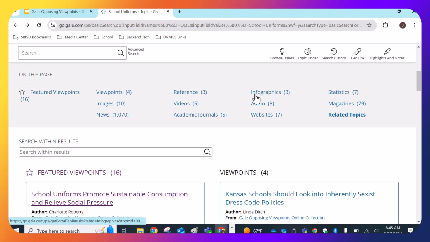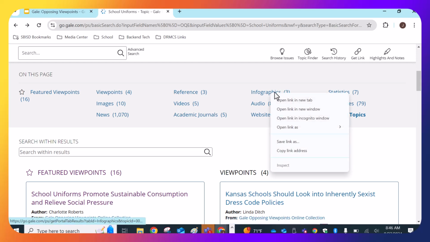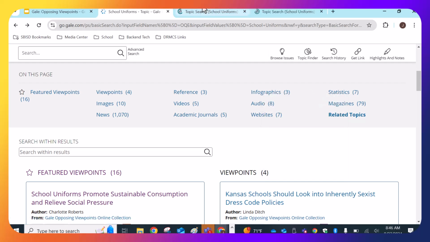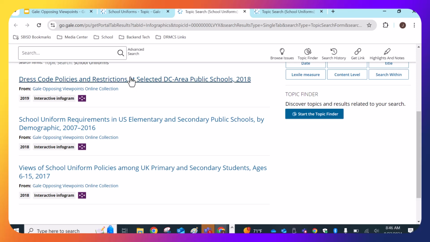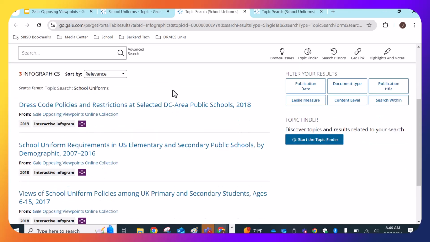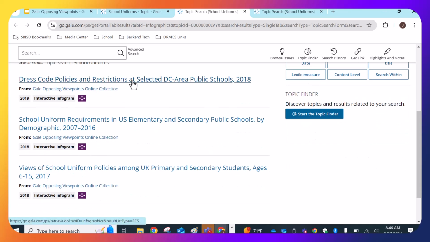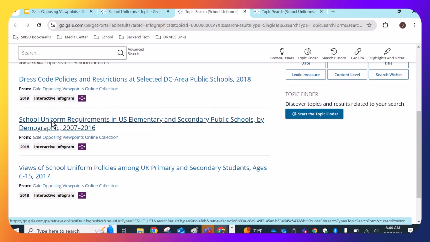And you really might keep in mind this database for research that isn't about arguments, just because of these two. These two are great for any kind of research project, not just argumentative. So let's look at infographics, let's look at statistics, and we'll start with infographics. So here we can see some historical data about it. This one is just in Washington, D.C., so I might skip it, but I can look at this one, maybe,